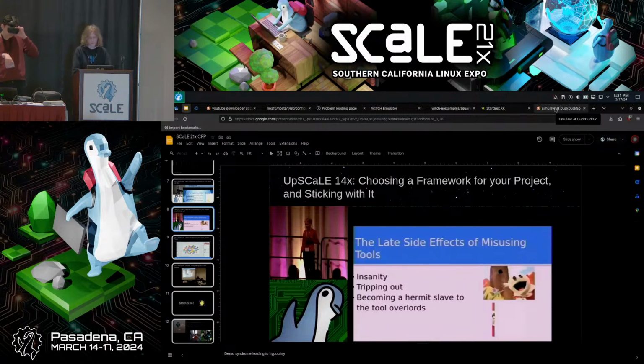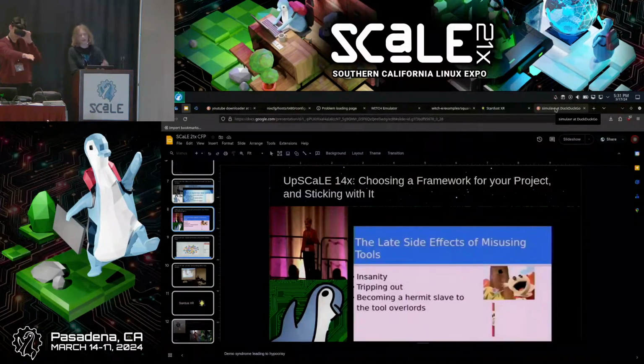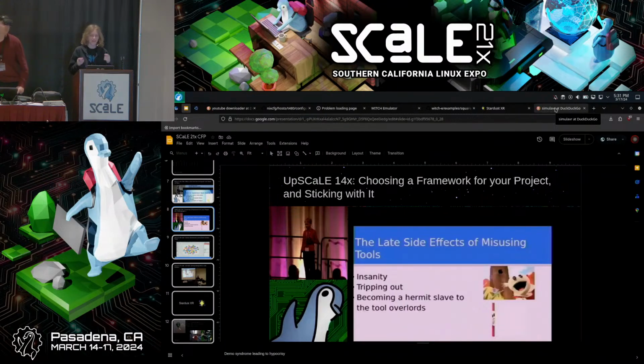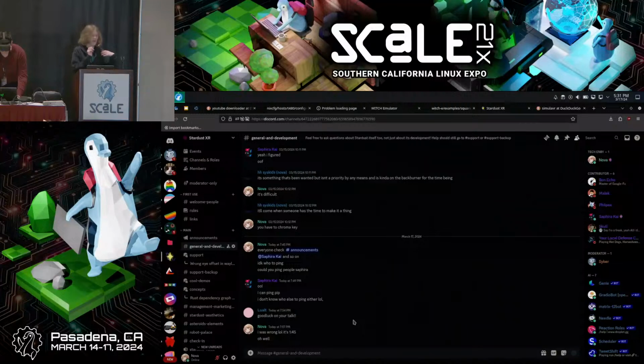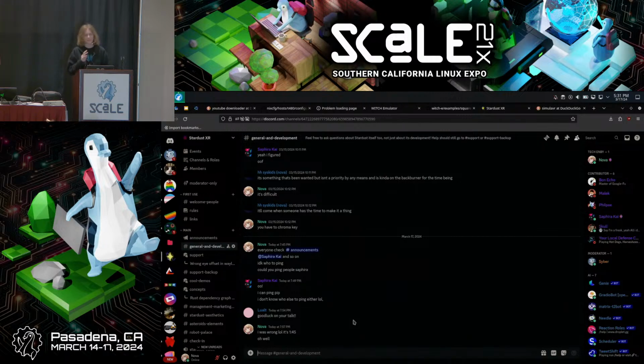How long did it take you to write it in Rust? It took 6 months. That's not so bad. I know you're thinking, why, if it only took 2 months of hardship, did you rewrite it and it took 6 months? The specific reason why is because it had a lot of other benefits. Actually, that was one of the best decisions I ever made in terms of the Stardust project, because now people are able to contribute. It's much easier to package. It's much easier for everybody to use. It's much more stable. It's much more lightweight. Everything. And another bonus, I got the whole Rust community behind it.